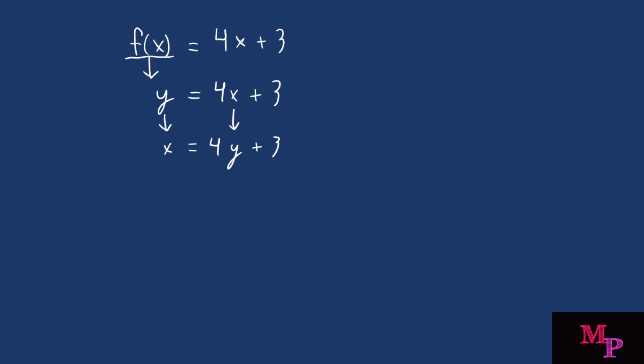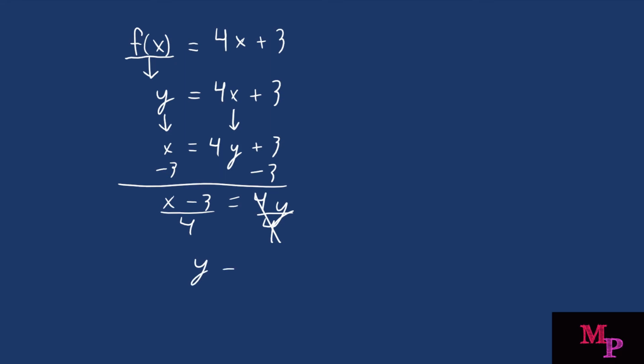And because you're adding 3 to the right side and you're solving for y, you want to go ahead and subtract 3 from both sides. And then you're going to have x minus 3 is equal to 4 times y. And because you're multiplying by 4, you want to do the opposite to both sides and divide by 4. And now you're going to be left with y is equal to x minus 3